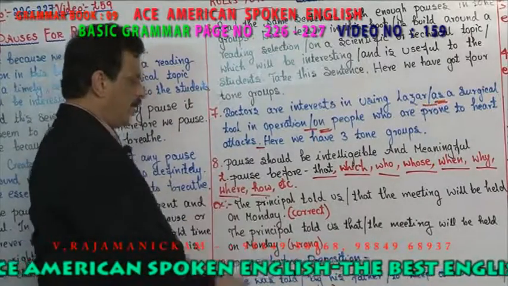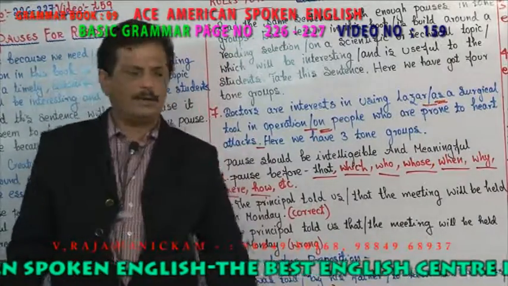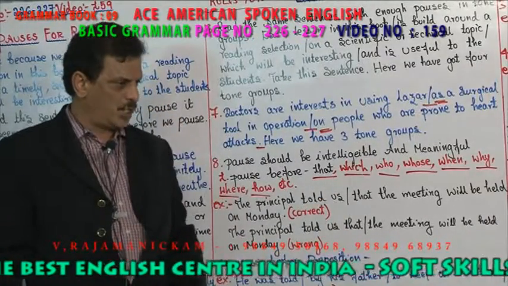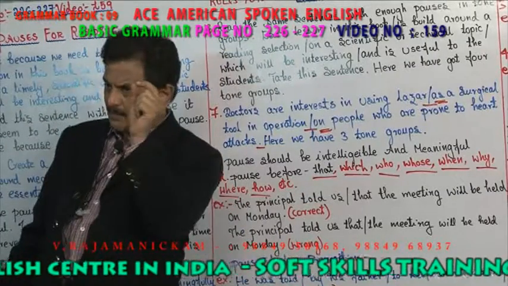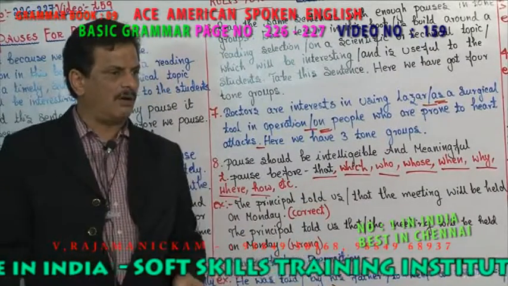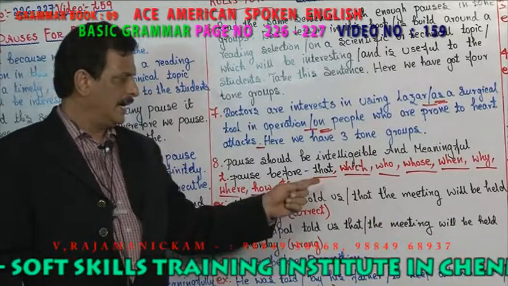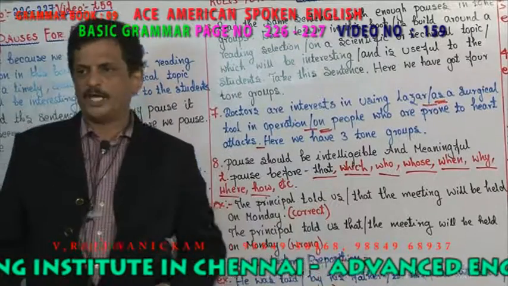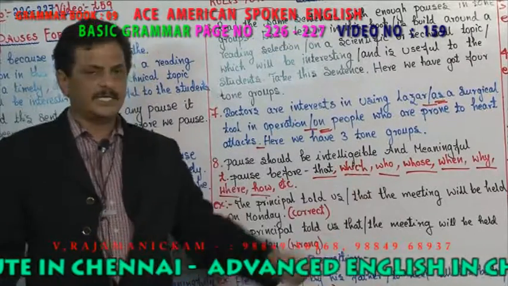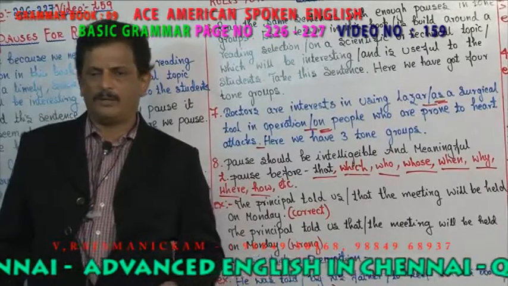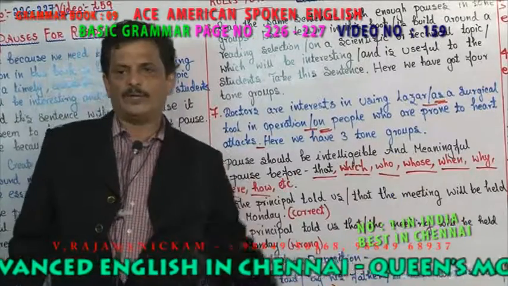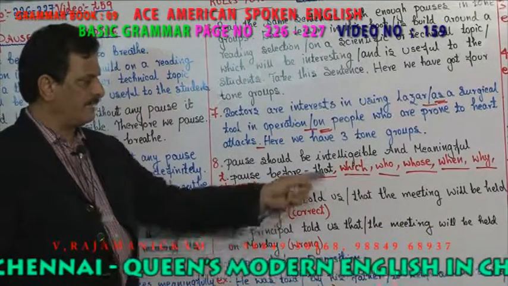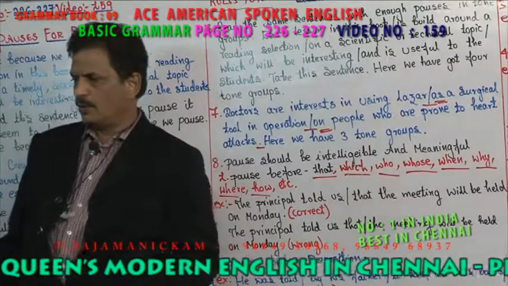Where and how. What do you mean by relative pronouns, sir? All these question words, when they come in front of the sentence, become question words. When they come in between the sentence, they are called relative pronouns, right, sir? This is the shirt that I bought in Chennai. This is the place which I like the most. He is the boy who won the gold medal. When it comes in between the sentence, you are using relative pronouns. When these relative pronouns come, you are pausing.